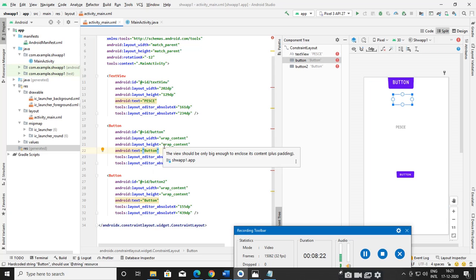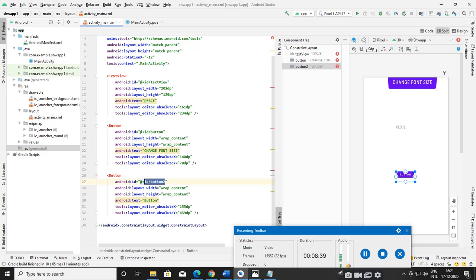I'll just change this to change font size. I want to use this button to change the font size. Next, the second button, whose ID is button 2. I want to use this button to change the color. Okay, so now see here the button names are changed to change font size and change color.